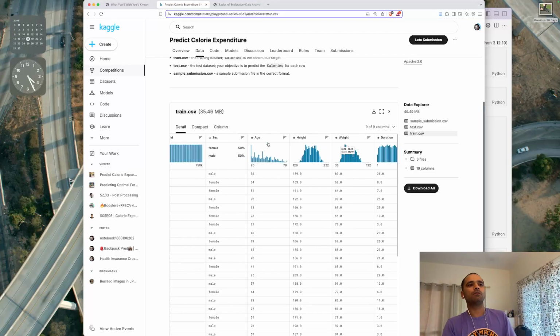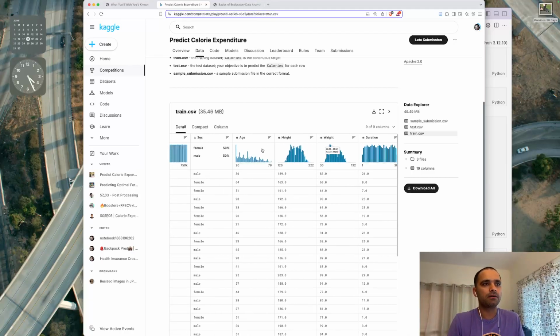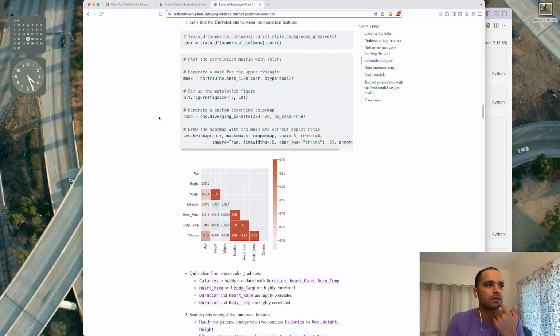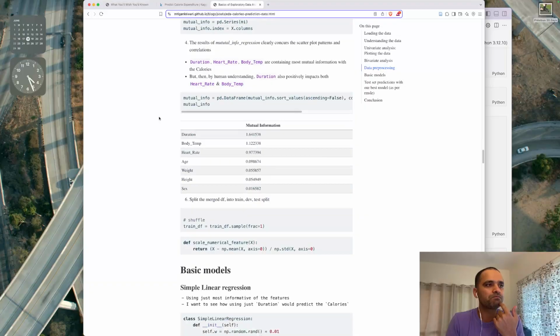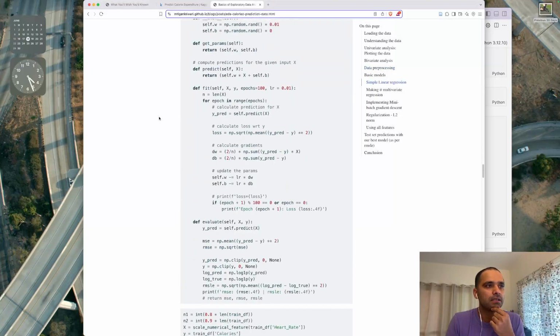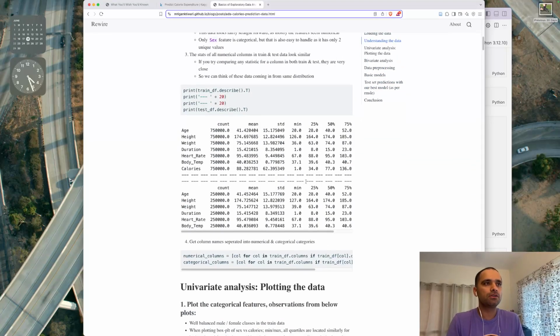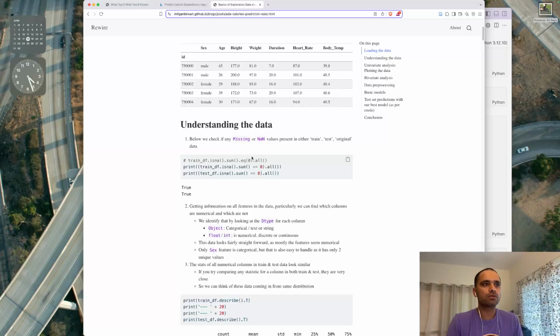Except sex, all of the feature variables here are numeric, and sex, when we process it, we'll turn into a boolean variable, 0 or 1. So it is a pretty straightforward problem. Let me go through the notebook. I also posted a blog post for this wherein I did the entire work of loading the data, understanding the data, plotting each variable, understanding correlations, transforming variables, doing some pre-processing, then implementing the linear regression models from scratch. This video is to quickly walk through this entire blog post, maybe in 5-10 minutes,